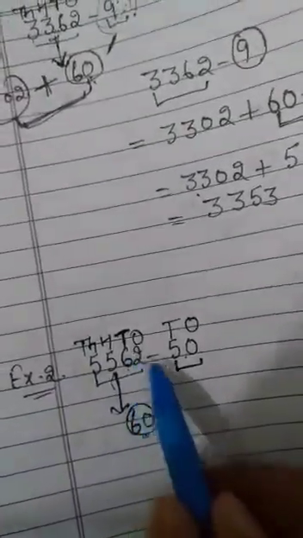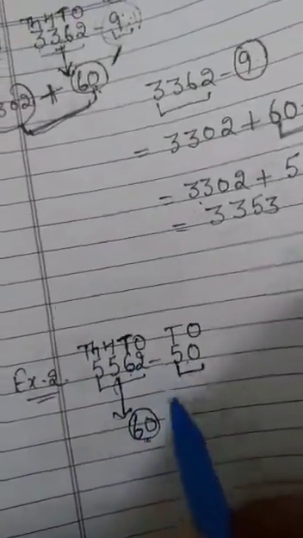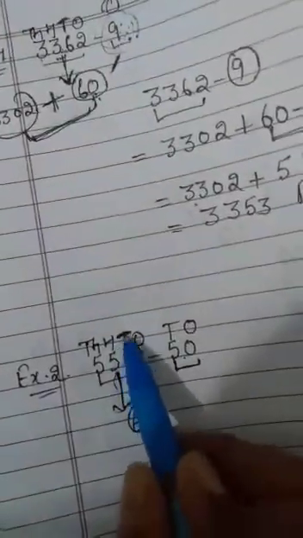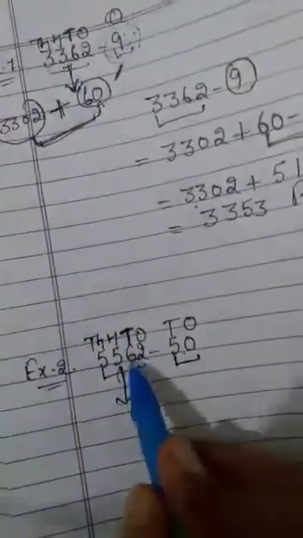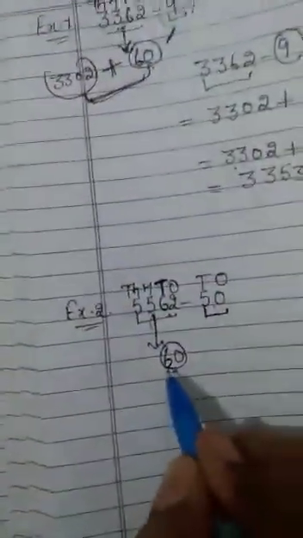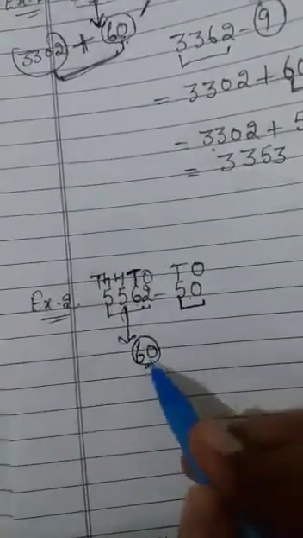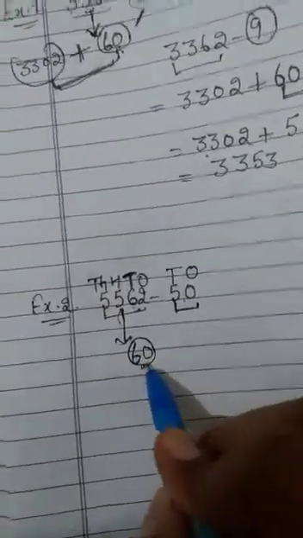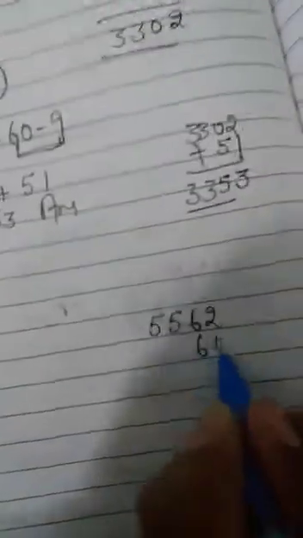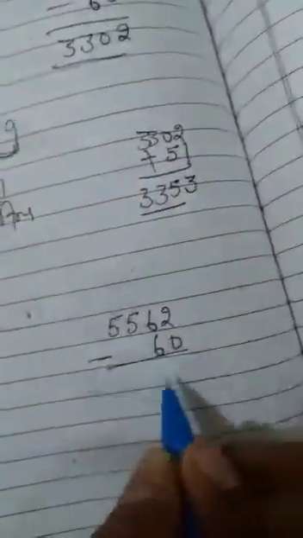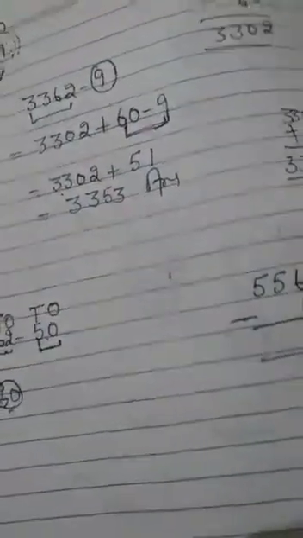Because that is in tens form, we break the tens digit. We write the place value of the tens digit. That is 60, and that is one breaking part. Now the other breaking part, how does it come? Subtract this breaking number from the given bigger number. The given bigger number is 5562 and that is 60. That number comes from the rule. The other number we find by ourselves.